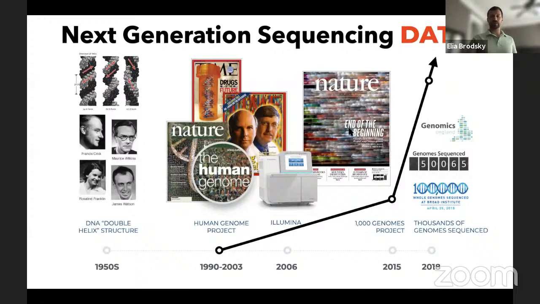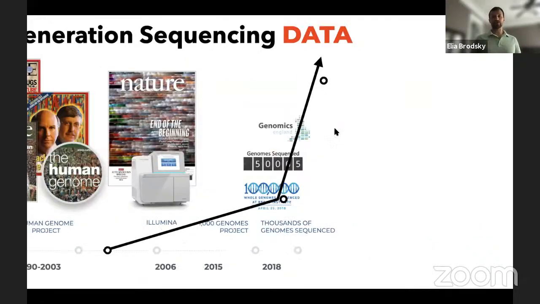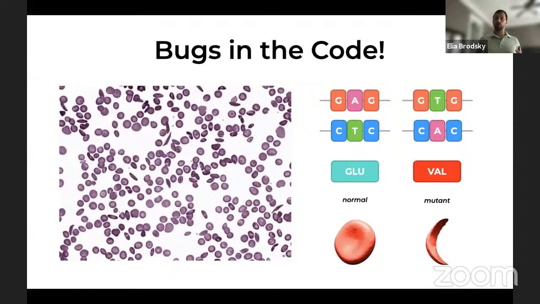Now, what's interesting about this is that this data actually comes with a lot of variation. And so the study of genomics is really focused on looking at the DNA code, trying to find patterns and bugs in the code that might lead to phenotypic changes, or changes in the actual functional molecules that our cells use to operate and function as we grow.